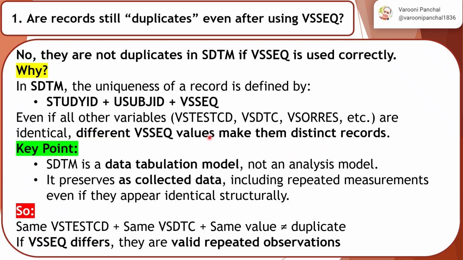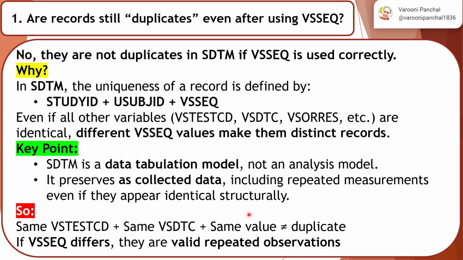Now, the key point here is SDTM is a study data tabulation model and it is not an analysis model. So whatever data is collected into the raw data, the same has to be presented in the SDTM dataset, irrespective of these repeated measurements, even if they appear the same or identical structurally. So all the unscheduled, scheduled and whatever data that is entered repeatedly has to be entered in